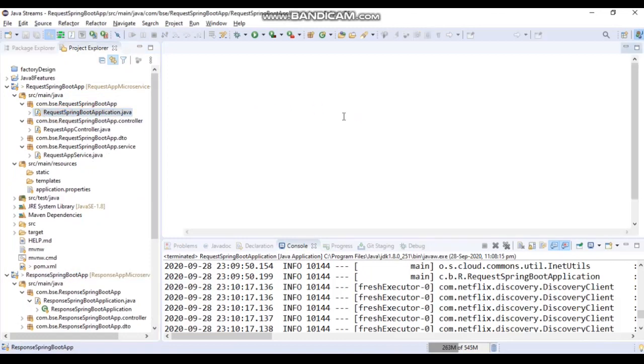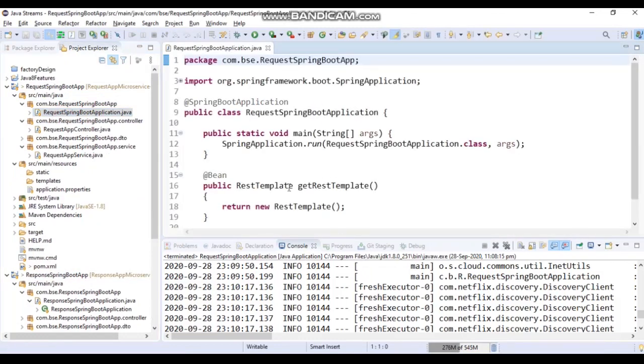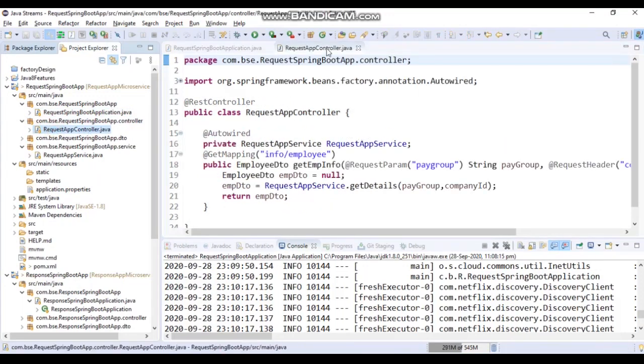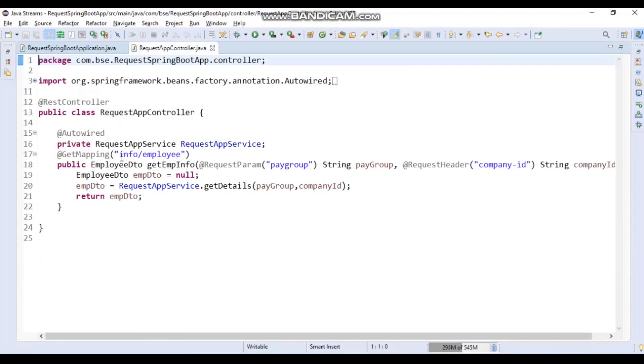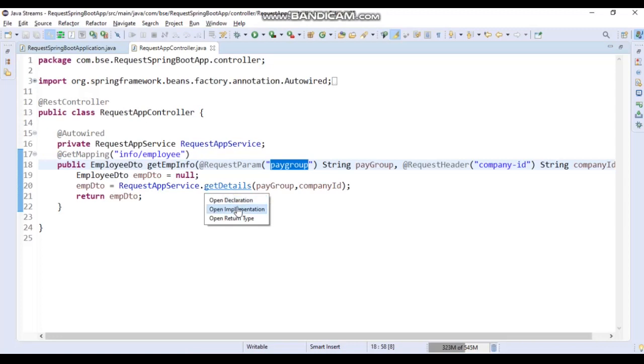So this is the main application where we have configured RestTemplate. Then this is the controller where we have defined the get request, and there is a request parameter, pay group, and company ID as a request header, and we are calling getDetails from the service.